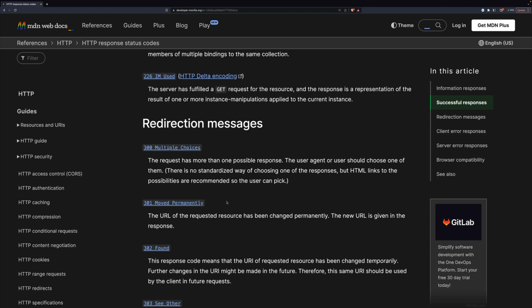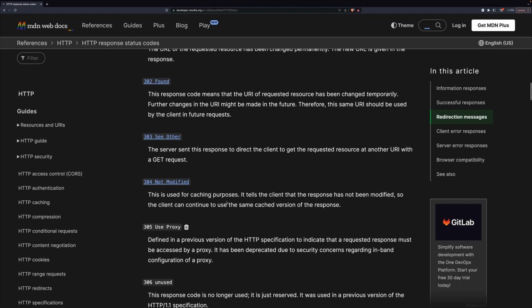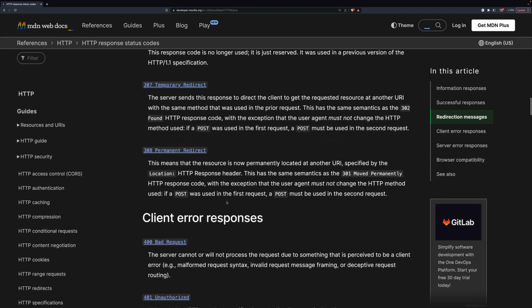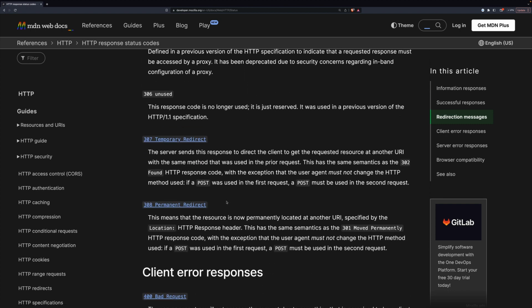This can be really important for your SEO because you want Google to know that the address that they were looking for isn't an error. It just moved. And Google then finds the new content and guides people appropriately. 300s, I don't think you'll ever see. Well, there's temporary redirect and permanent redirect. You probably aren't going to run into those.